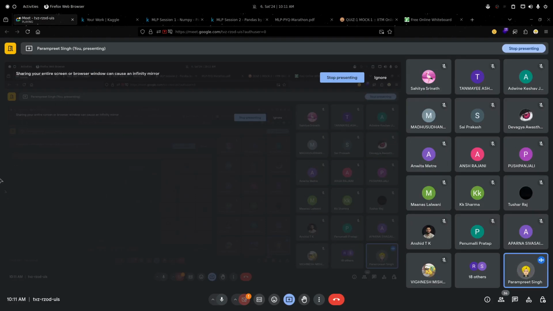Okay, so model dot fit x y, it will automatically call all of these things. Okay, it will automatically impute the missing values, it will automatically encode the categorical columns, it will automatically scale those features, it will automatically do the feature selection, and the model also, like using only this one function our whole model will be trained. So this is what a pipeline does.